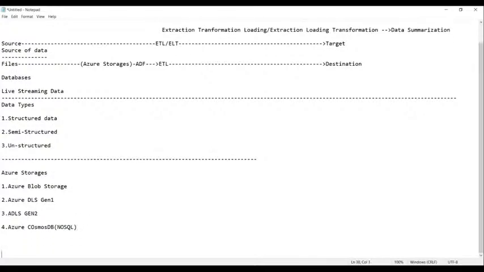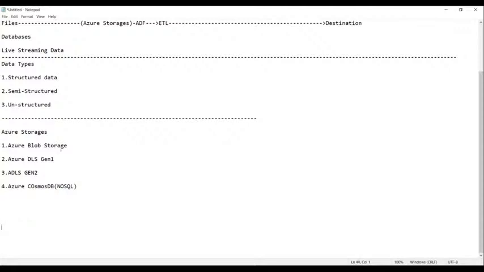Then afterwards, Azure SQL database, and Synapse, which is Azure Synapse Analytics. Likewise, we can also have many more, such as Azure Elastic Pool.